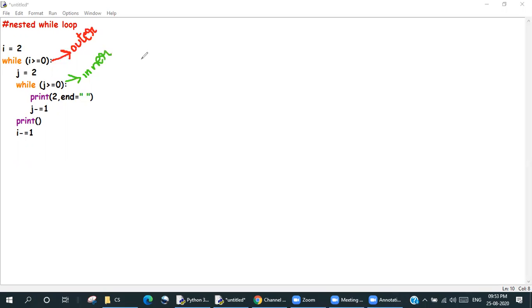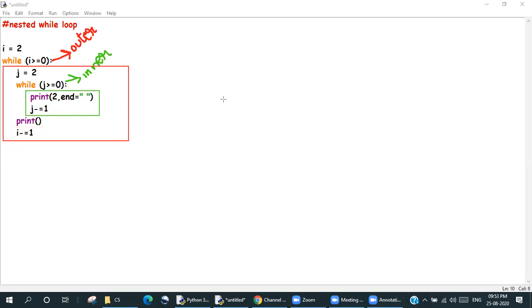All right, now bodies. So this entire thing is the body of the outer loop, and this thing is the body of the inner loop.